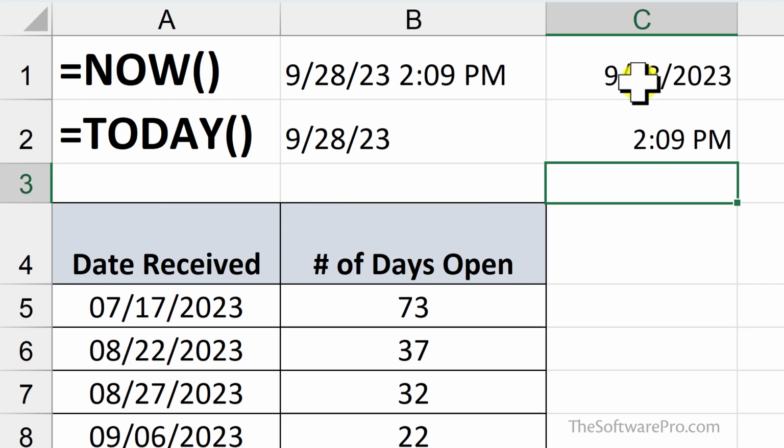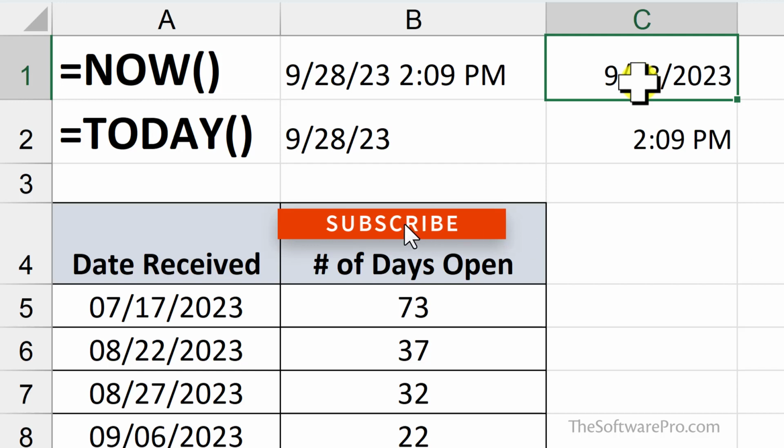Of course, you need to make sure that the cells or column of cells are formatted for dates. And it's good to know that these are direct entries and won't update or change as the date or time changes. These shortcuts can be huge time savers, especially if you have a lot of date entries to add in